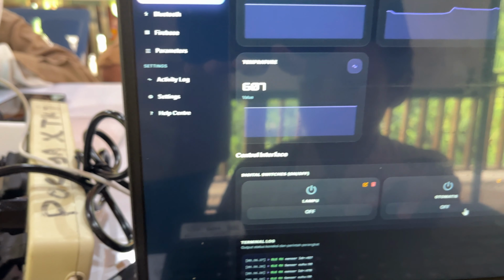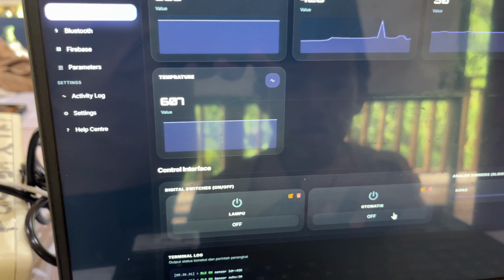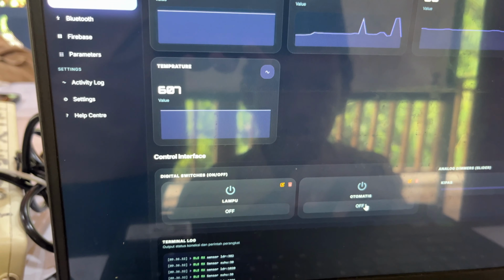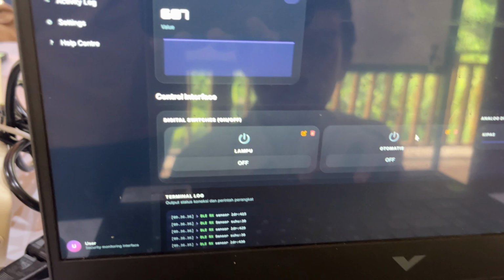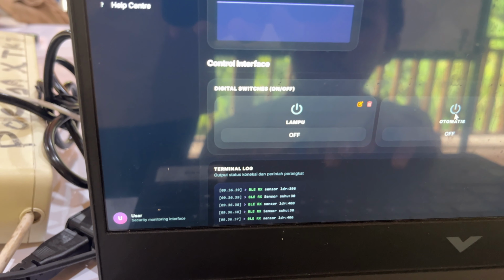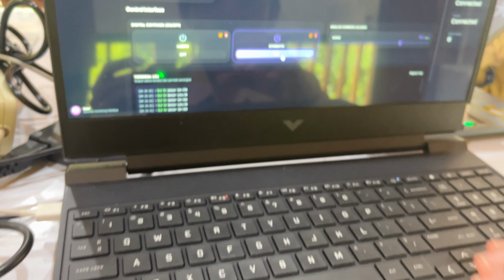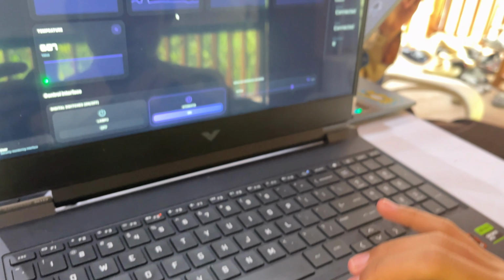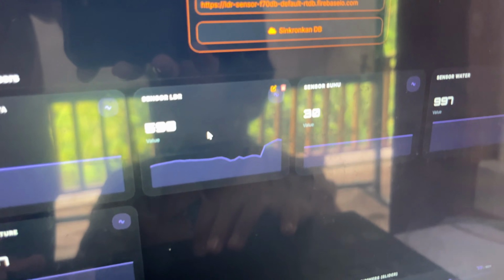And in here there is also an automatic. If we turn on the automatic, it will be connected to the LDR sensor in here.